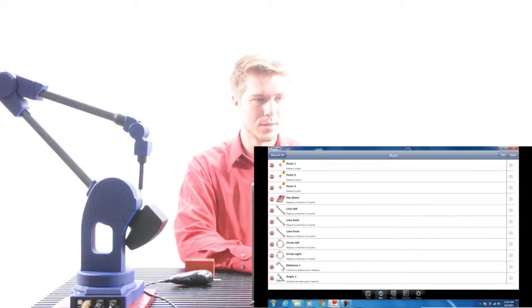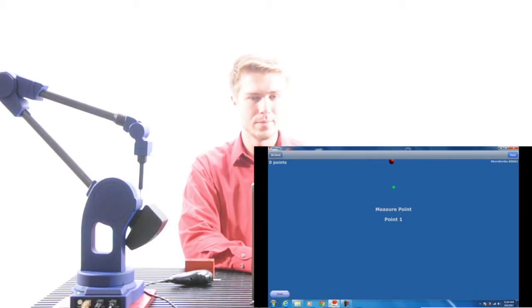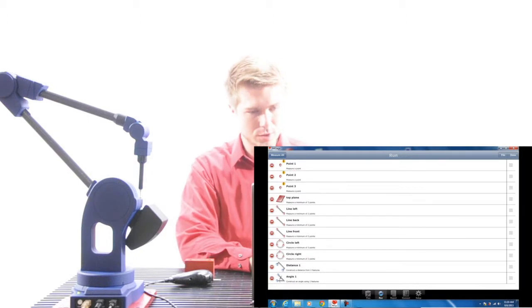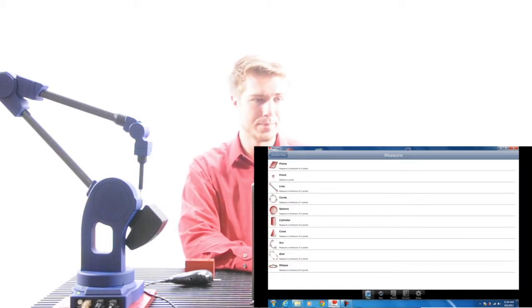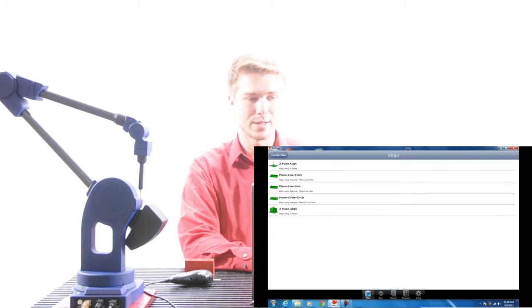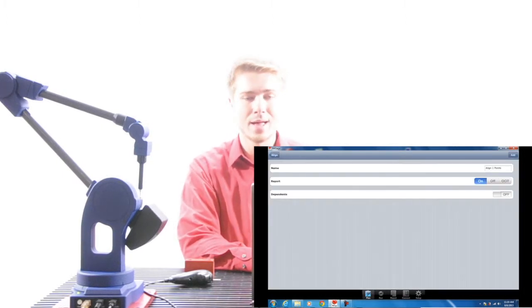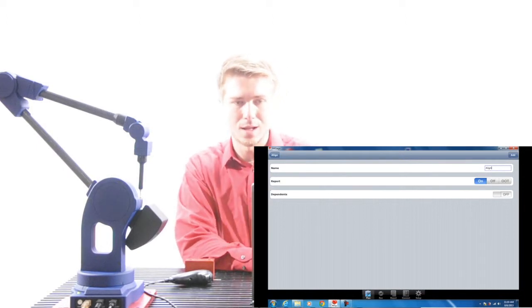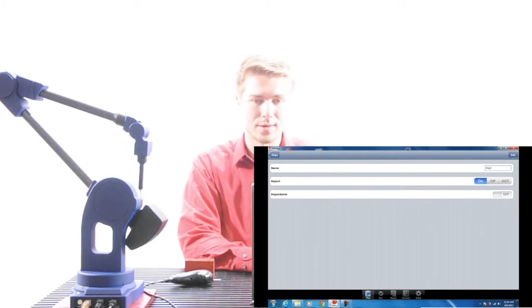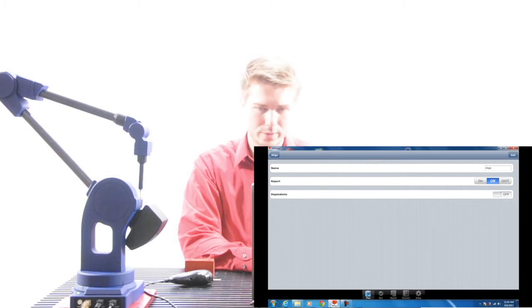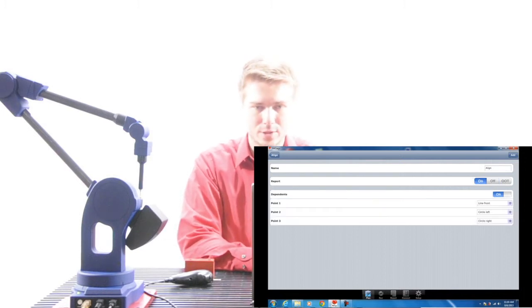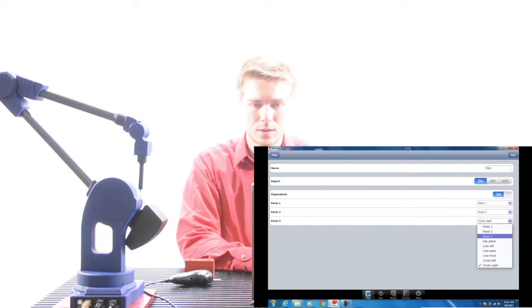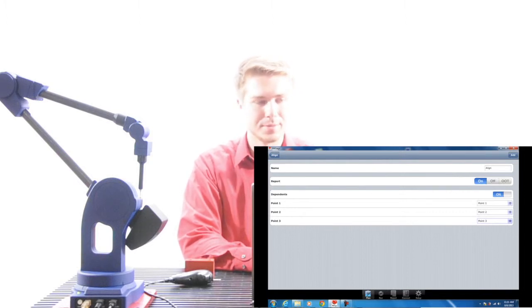Okay, from here what we need to do is go back to our run plan, hit create plan, and go back to align. So now we're going to add a 3-point alignment. So I'm just going to call this align. We can turn it off in our reporting if we want to, or we can leave it on. And then we'll turn our dependence on to point 1, point 2, and point 3. So we'll go ahead and